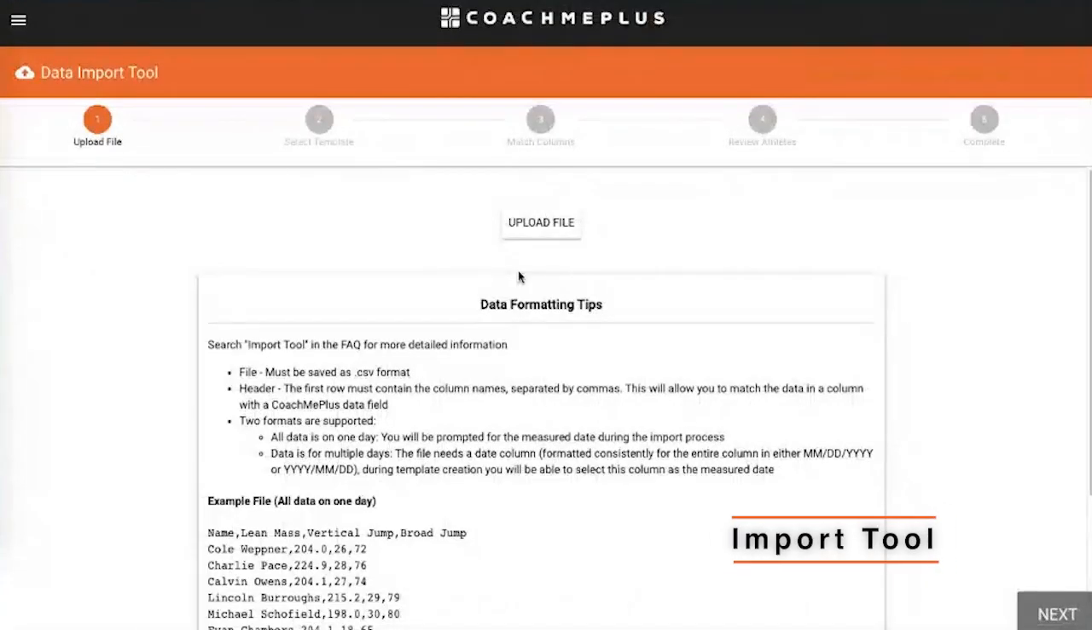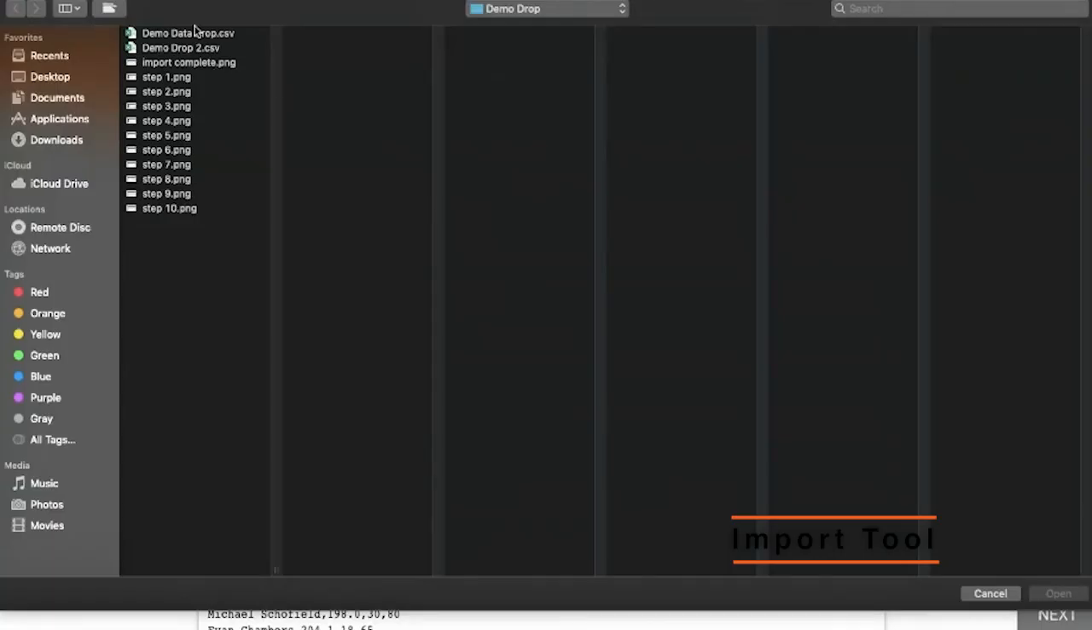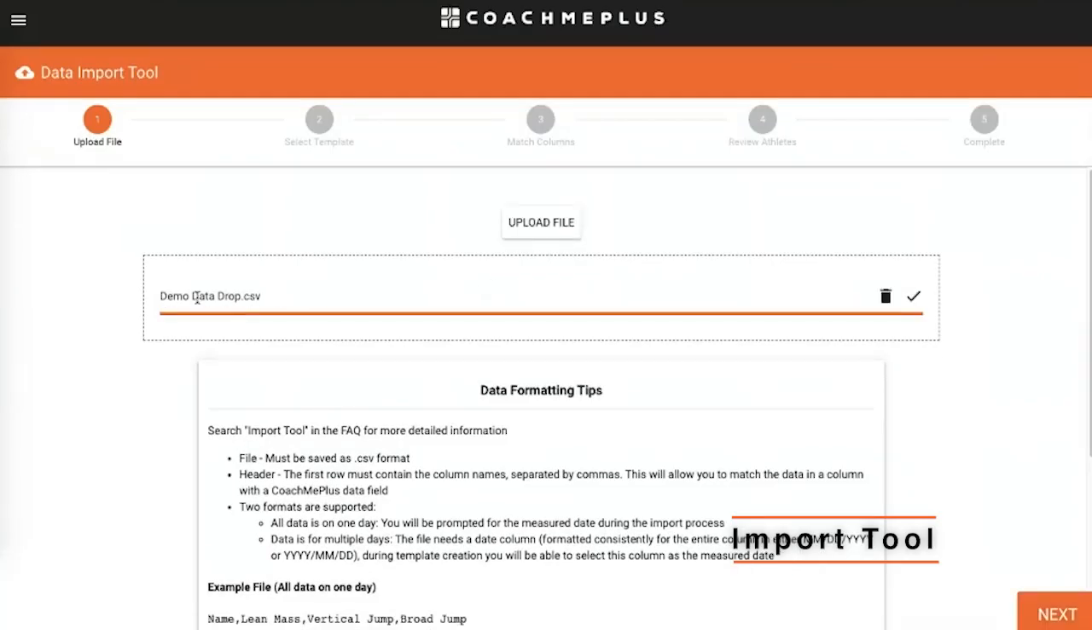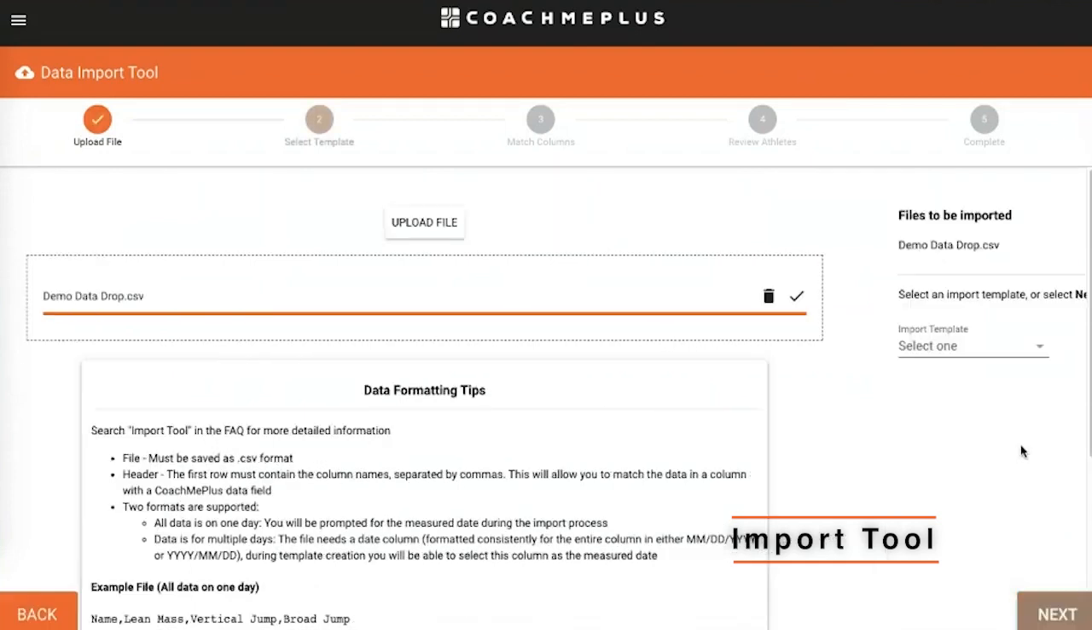So within this menu, we're back to that data import tool. I'm just going to click on the upload file button. You can also drag and drop. I'm going to go ahead and grab my demo data drop. It's going to upload the file. See, it's a CSV format. I'm good to go. Once I get that check mark, I can hit the next button, which moves me to